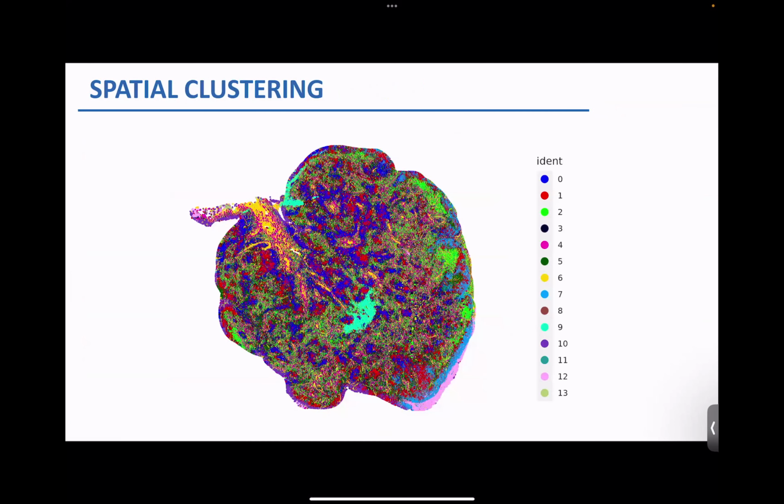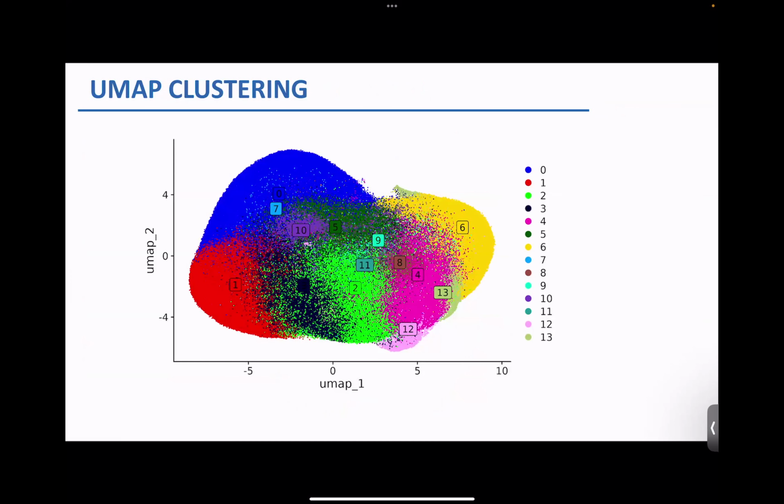And we further performed data analysis by segmenting the cells using QuPath, and then we performed downstream analysis using the CRAP package, where we were able to see this spatial clustering of this lymph node. So then we were able to identify there were 14 different clusters for this lymph node, and we were able to generate a UMAP plot from this